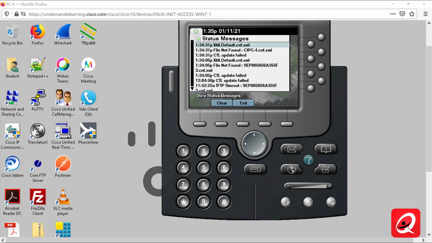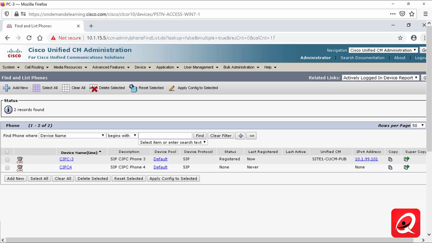device. All right, now if it's a real physical phone, then the device ID would be the MAC address preceded with the SEP, the Cisco Ethernet phone. And we would not want to change that in that particular case because obviously we identify those phones based on their MAC address. So let's go back to PC3 and let's go ahead and go into CIPC4 and change